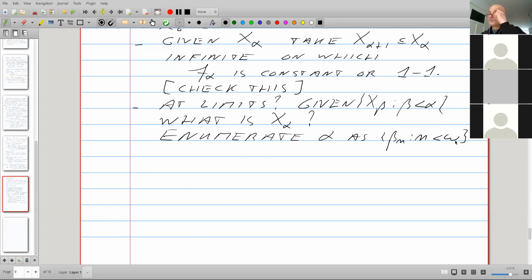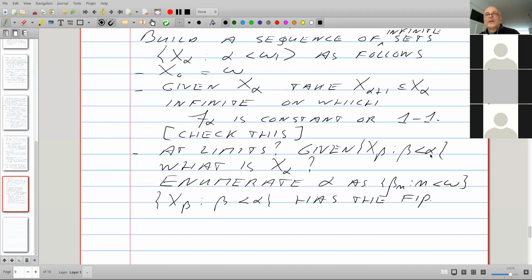And what I didn't say, but which will follow from the construction, so I'll come back to that in a moment, the family X beta has the FIP. And I will show you in a moment why that is true.